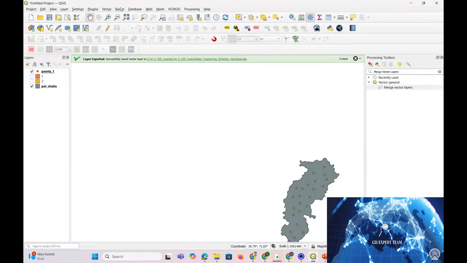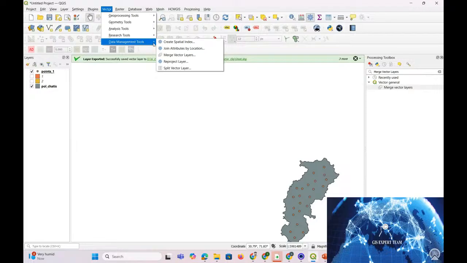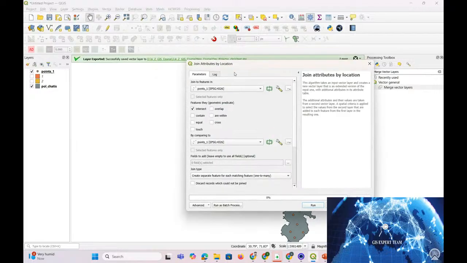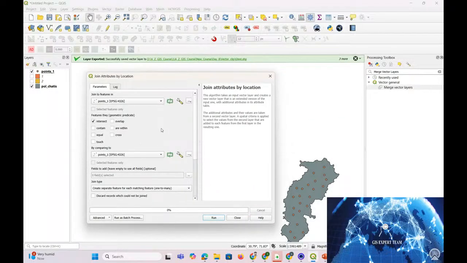Go to the vector data management tool and join attributes by location. Here the points are given,